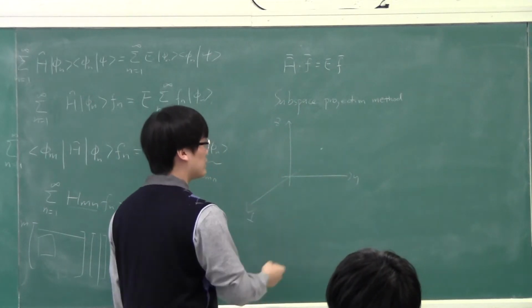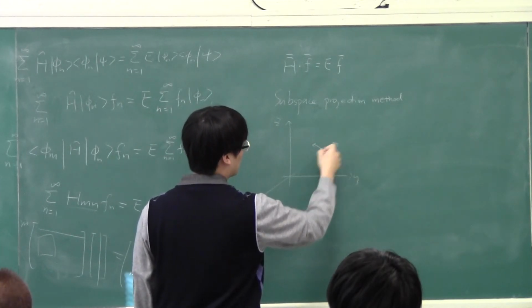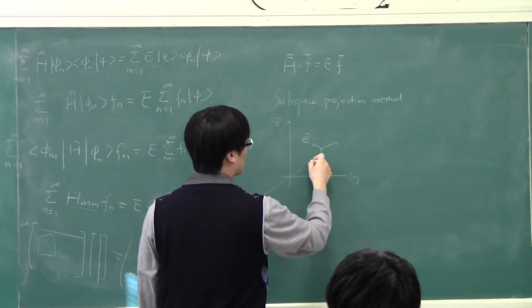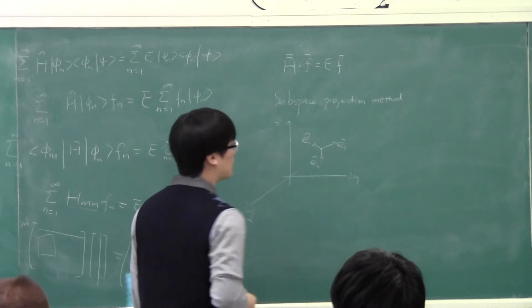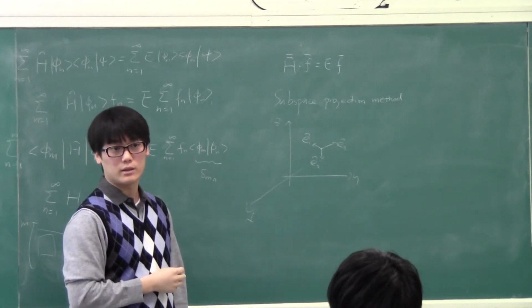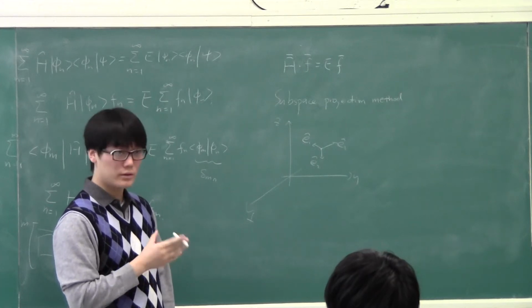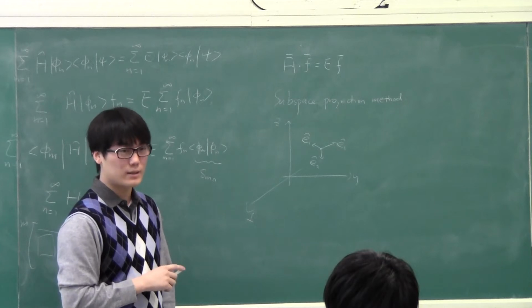If I start from some point, and it doesn't matter where I choose the origin, and construct any three mutually orthonormal vectors, that forms a basis in the three-dimensional vector space. Now, if I have some plane,